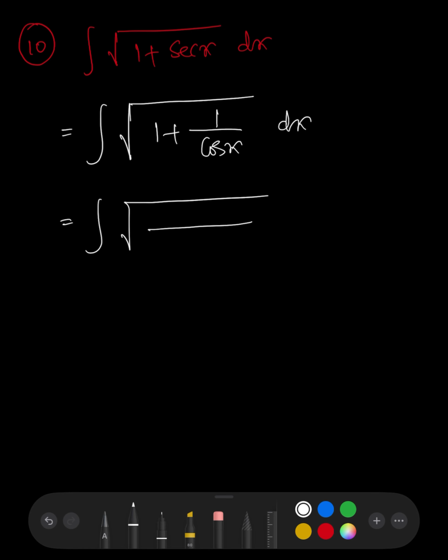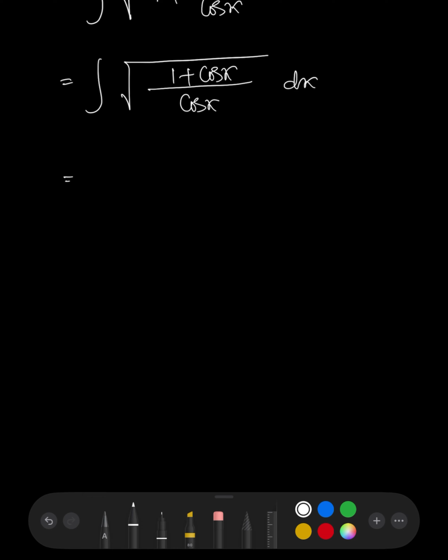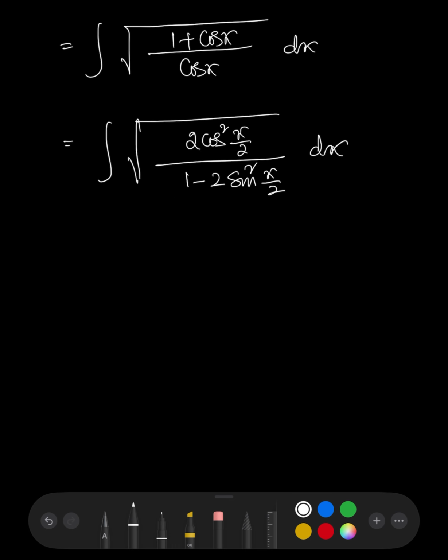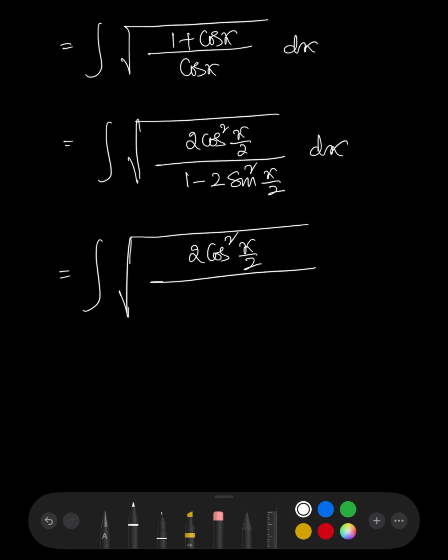that is equal to integration of root over, if you take cos x as the LCM, then the numerator will become 1 plus cos x whole dx. Then in this integration the numerator is 2 cos square x by 2, and the cos x in the denominator I will write as 1 minus 2 sin square x by 2 whole dx. Now integration of root over the numerator 2 cos square x by 2 can keep as it is, divided by, from this denominator I can take 2 common, so that it is 1 by 2 minus sin square x by